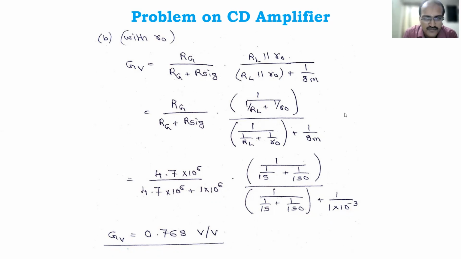So these are the problems, 8 to 10 marks they can ask. So you have to practice this. In the book only one problem you have. In the exam they can just change the values of RG, R signal, like that. So you should be able to do that. No other variety you will get.